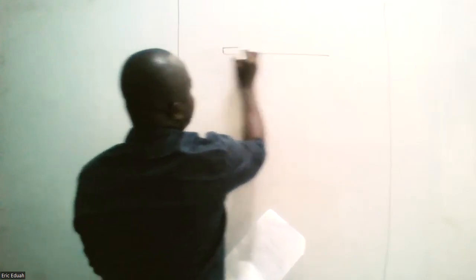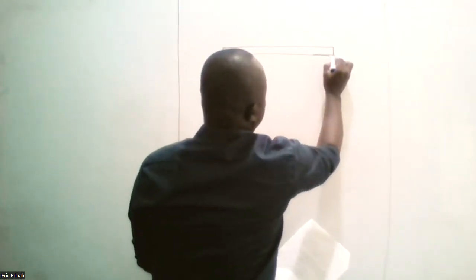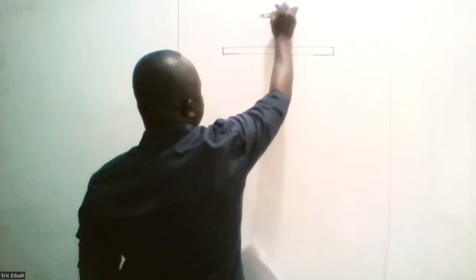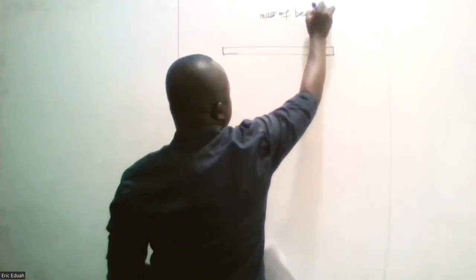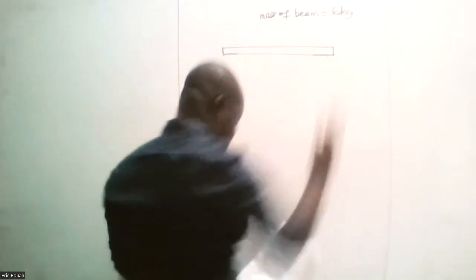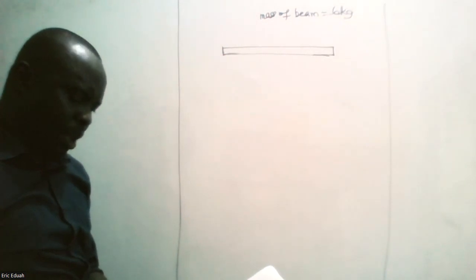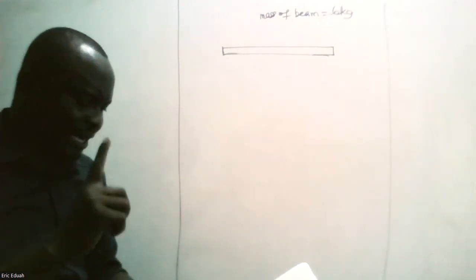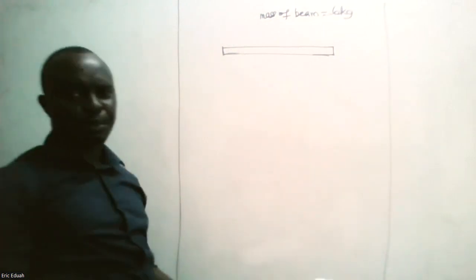The mass of the uniform beam we are told is 6 kilograms. So mass of beam is equal to 6 kg. Then if a mass of 10 kilograms is attached at one end of the beam,